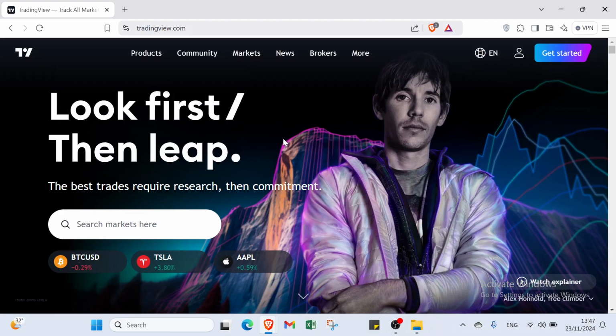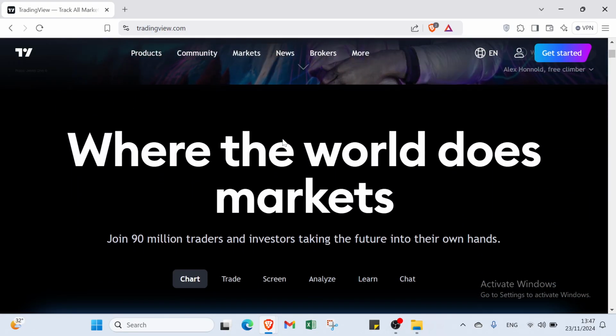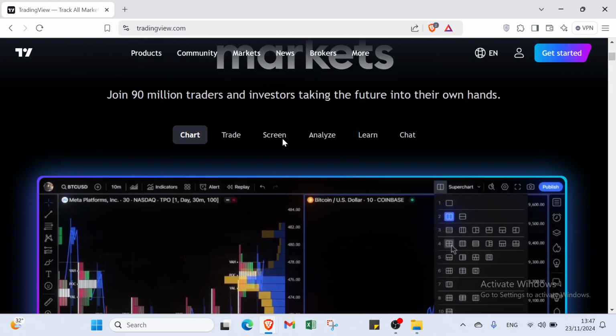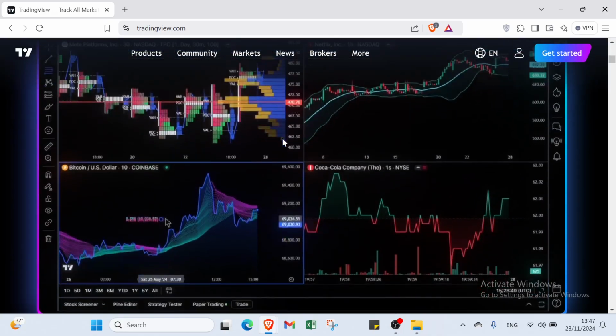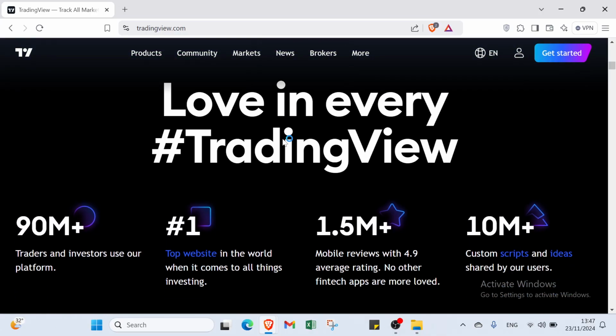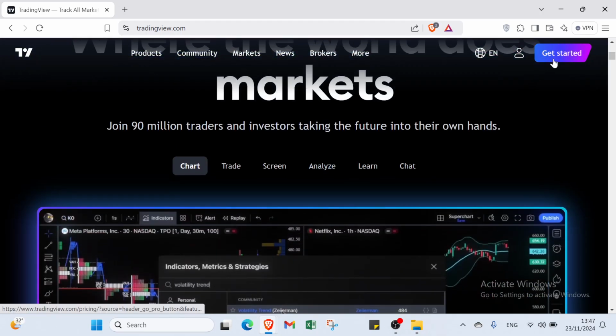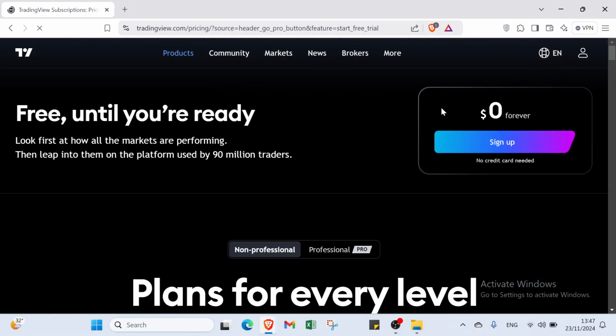TradingView is a user-friendly platform where you can track stocks, view live charts, and analyze market trends. It's perfect for beginners and experienced traders alike, offering tools to make smarter trading decisions. Plus, it's free to start using. Right? So let's click over here, Get Started in the top right, and you'll find this page. To get started, you just have to click on sign up